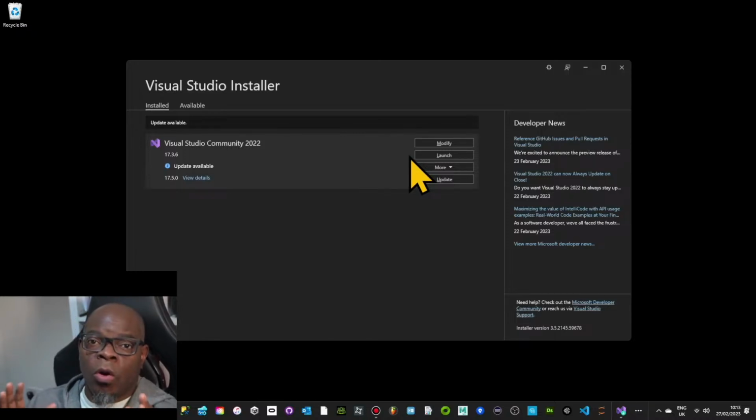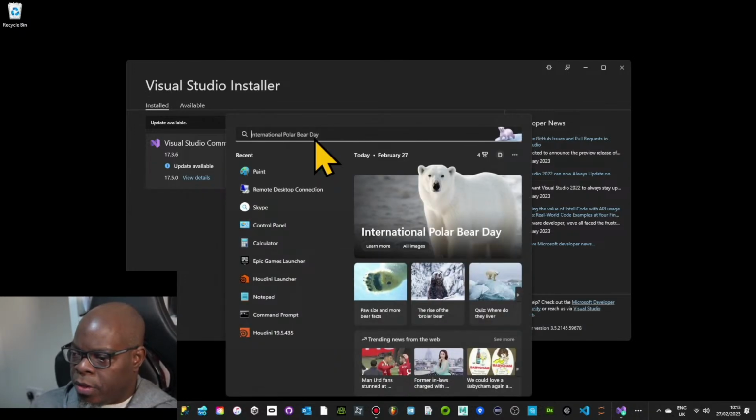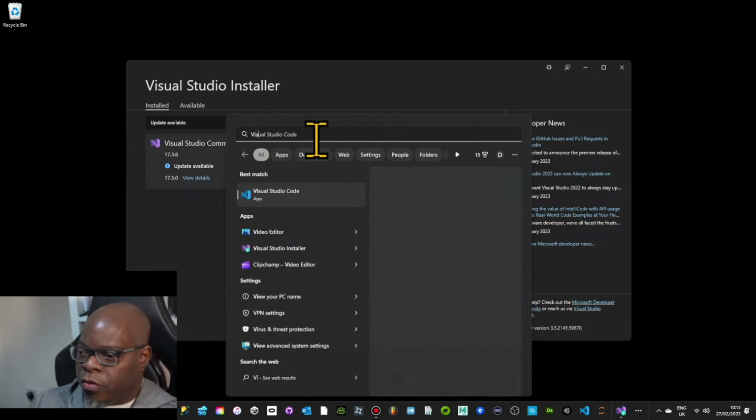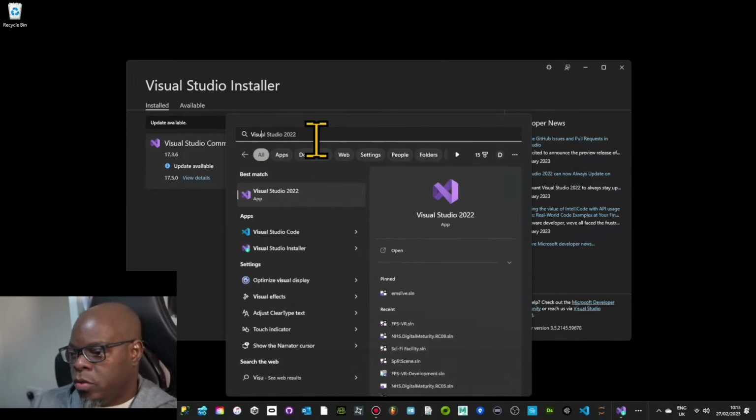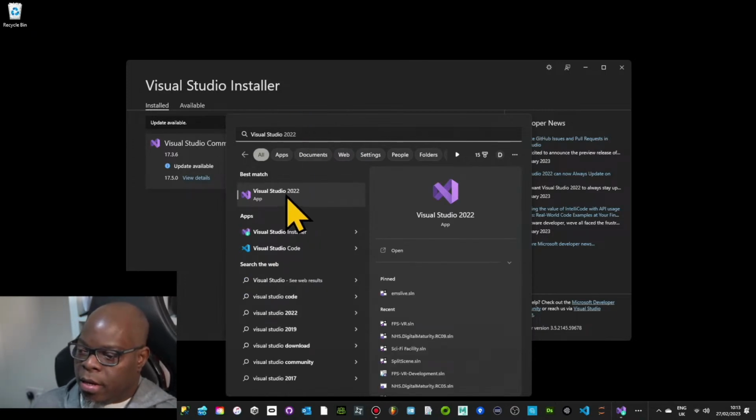Okay, so we just got Visual Studio installed on your local machine. The next thing to do is how to find it and launch it so that you can actually walk through the tool. So if you click on your start button and then at the top here, we're going to type in Visual Studio, right? And then there's going to be the primary app that we're going to use to launch into